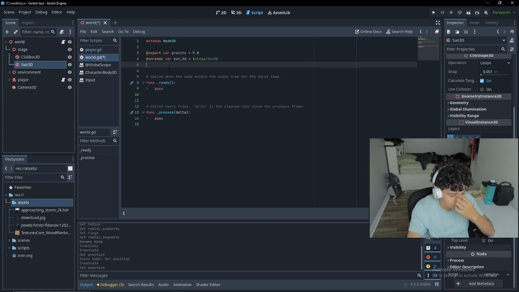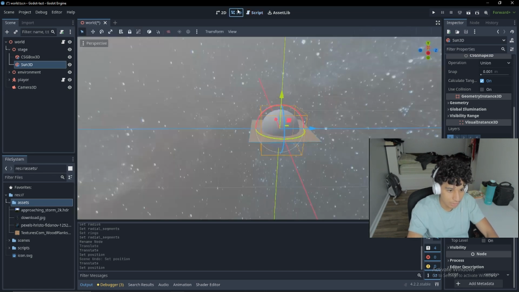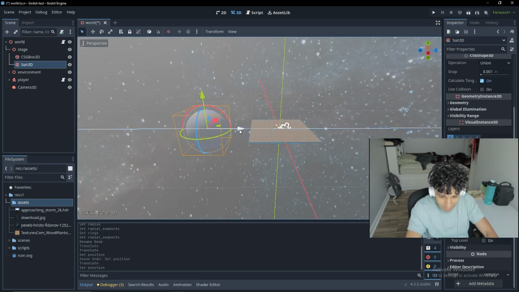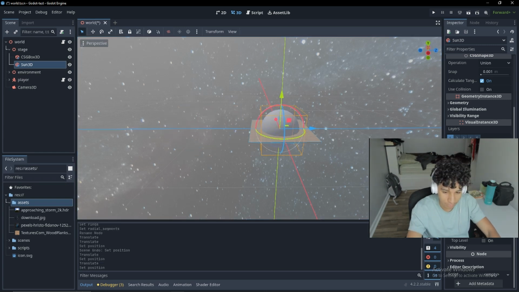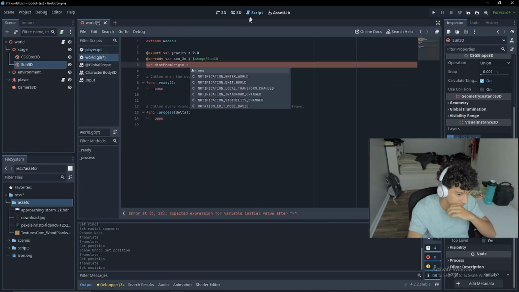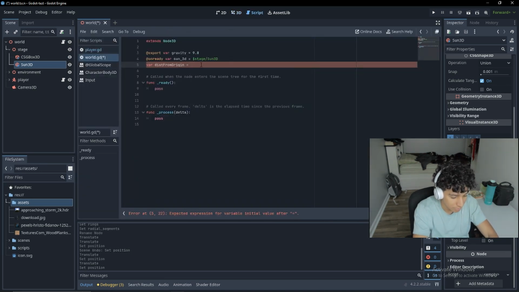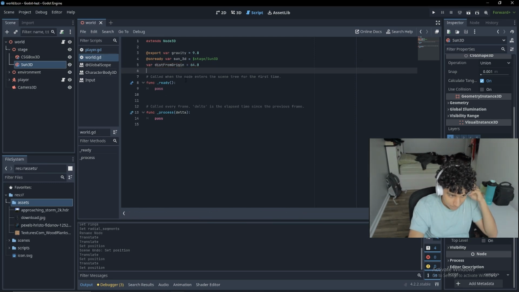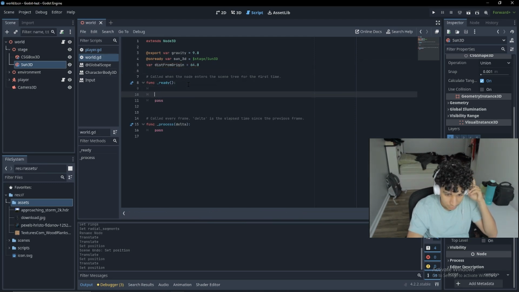Sun 3D, and then we're going to write export. No, we're just going to write variable distance from origin. It's going to be equal to about maybe 64 meters. I think 64 meters is good. These values don't need to be accurate. Now we have that. On ready, we're going to